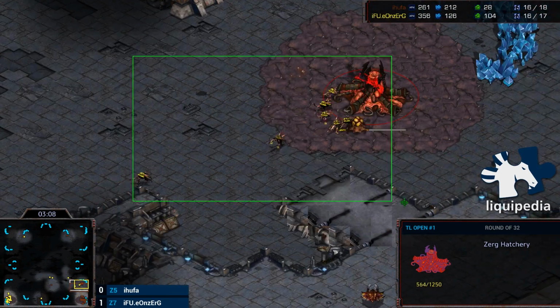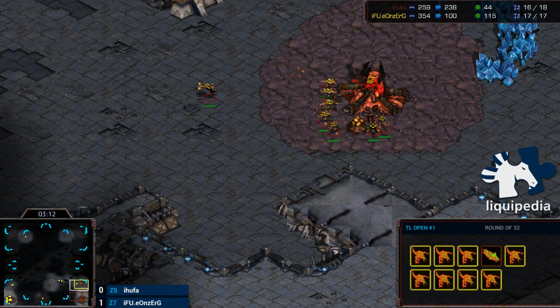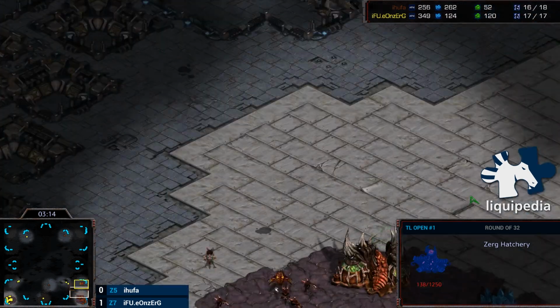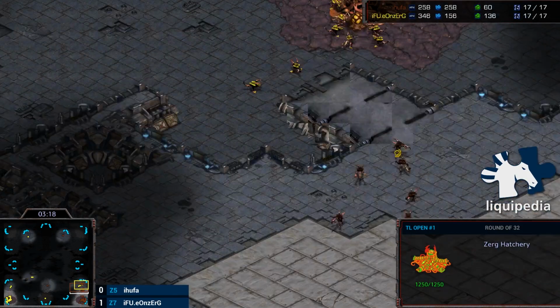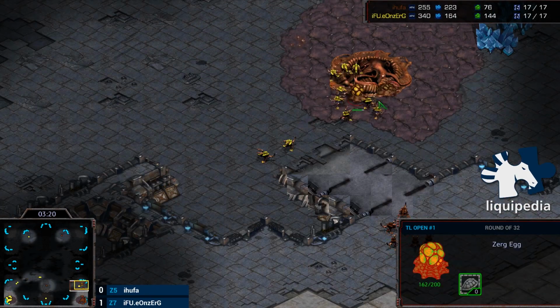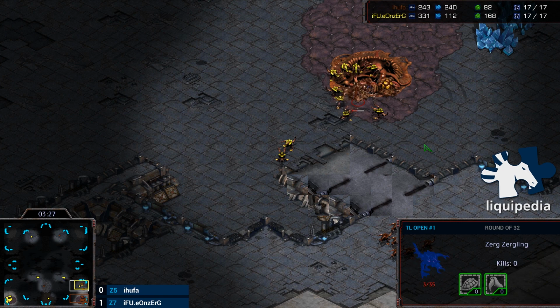Oh man, this is so bad here for ihufa. It looks like he's just going to sack the hatchery, actually. Is he building a sunken in his main? He's not building a sunken in his main. Sacking it's probably not the worst idea here. He at least got 2 extra larvae from it. eOnzErG is just camping these larvae to kill the Zerglings as they...